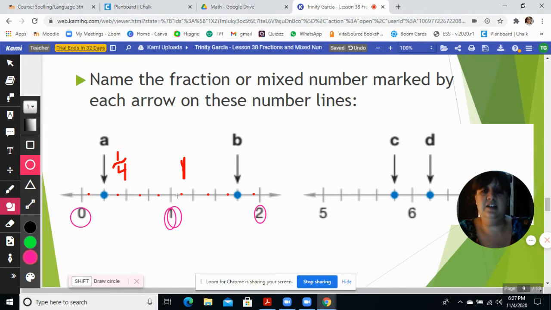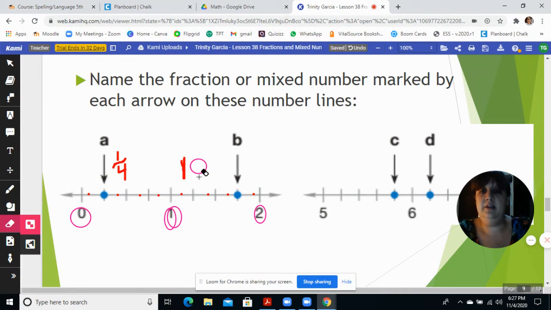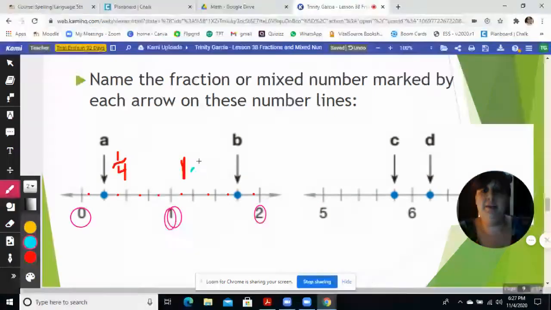So our denominator is going to still remain 4, right? But this time, B is way over here. We have 1, 2, 3 sections. So we're going to say 1 and 3